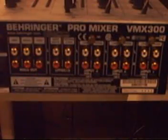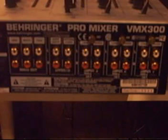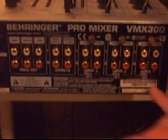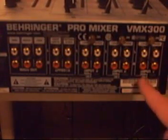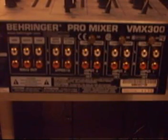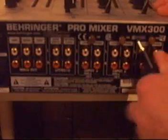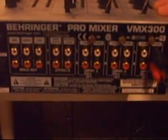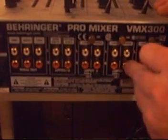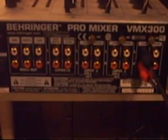Here's the back of a mixing board. Every mixing board looks a little different, but this is what the back of this mixing board looks like. Now typically, when you plug in your first CD player or turntable, you're going to plug it into input 1. Input 1 sometimes has a line and a phono input. If you're working with turntables, you plug it into the phono input right here. If you're working with anything other than turntables, you plug it into the line input, because phono and line are